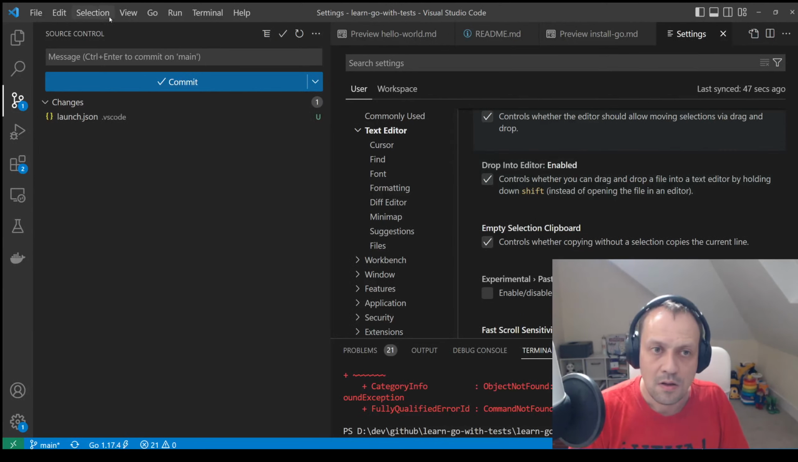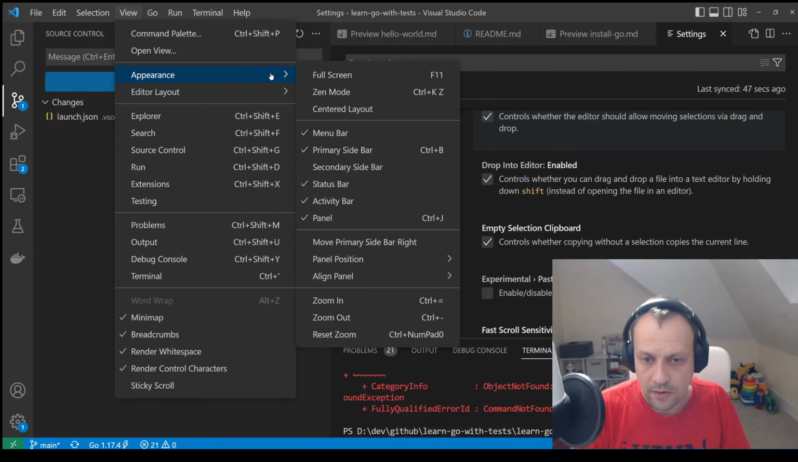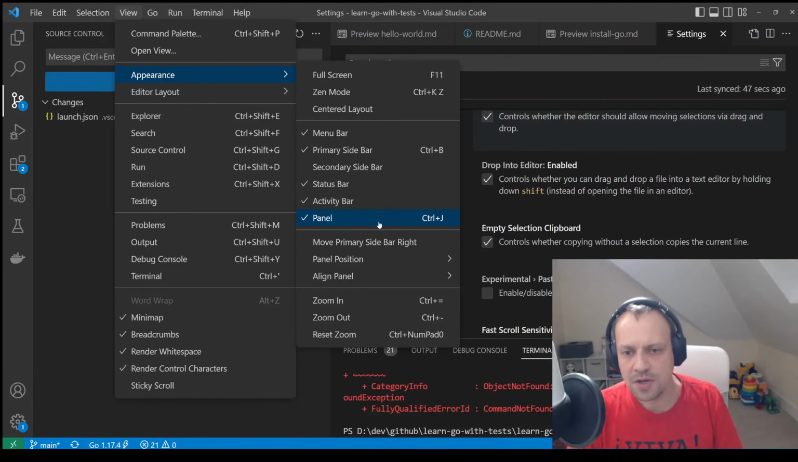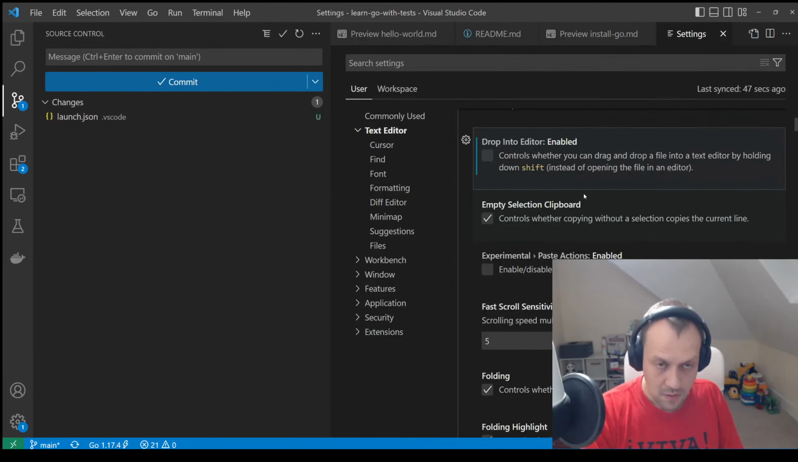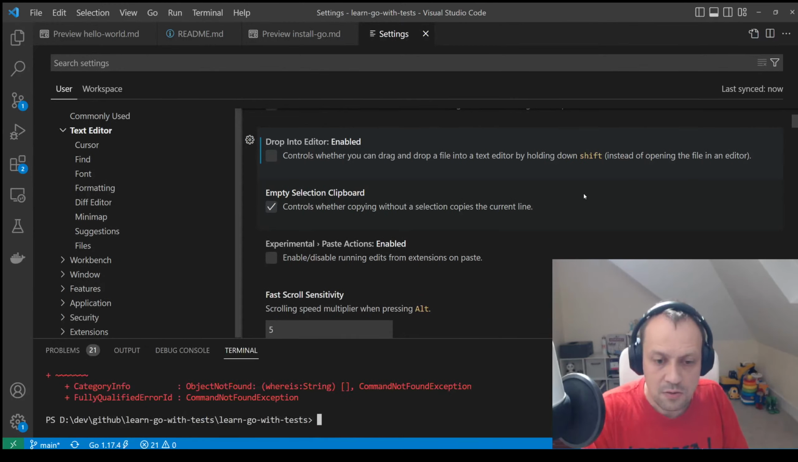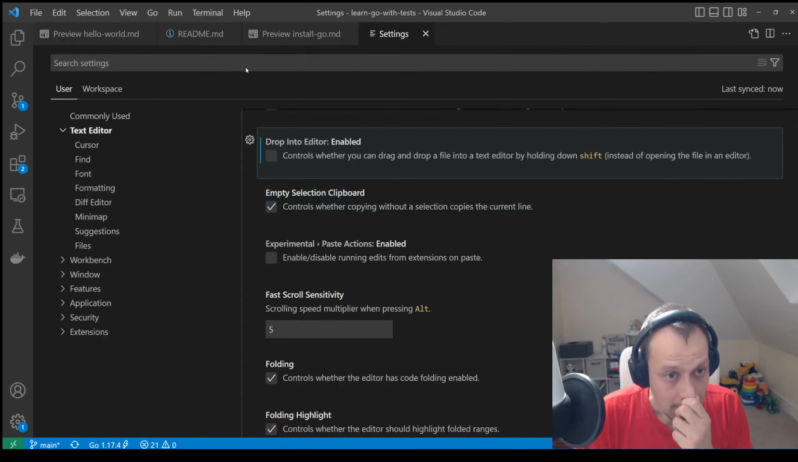That's panel, and also this one is panel, and sidebar is views. Okay, yeah, good. So Control B, Control J. That's good. I love this stuff. Now